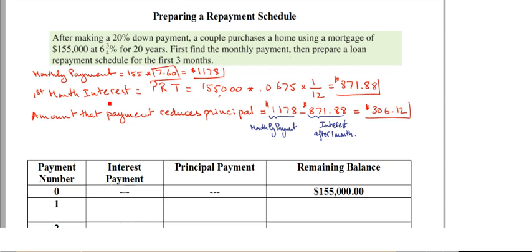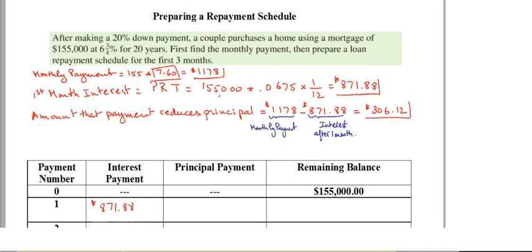So after the first month, the interest is principal times rate times time. Because they took a loan of $155,000, that first month before they make their payment, they're going to be charged interest. And this is how we find the interest. Multiply the loan amount times the rate times the time, which is 1 month, 1/12. And we find it to be $871.88. So the interest payment for the first month is